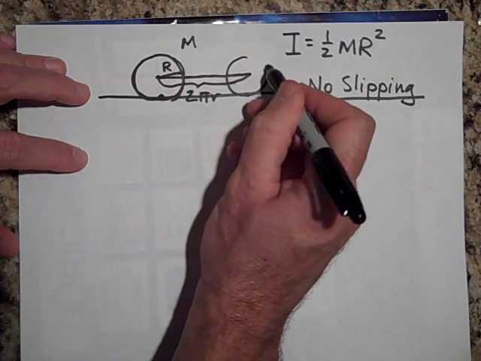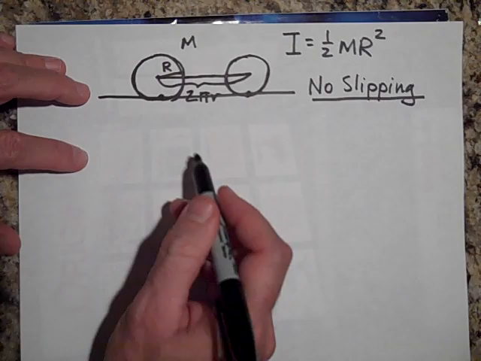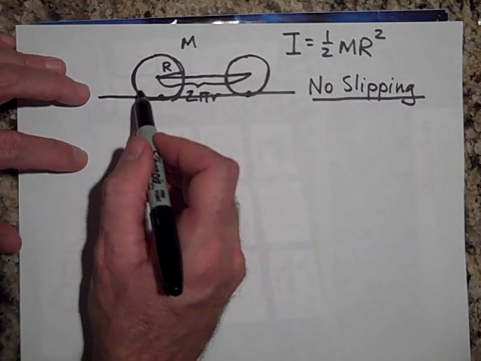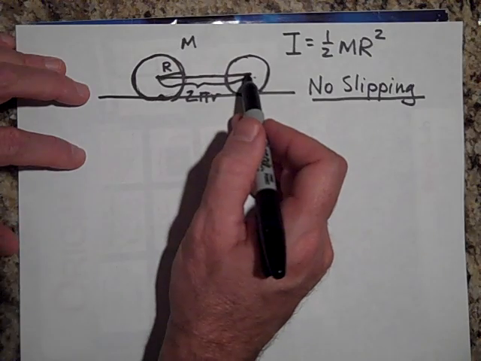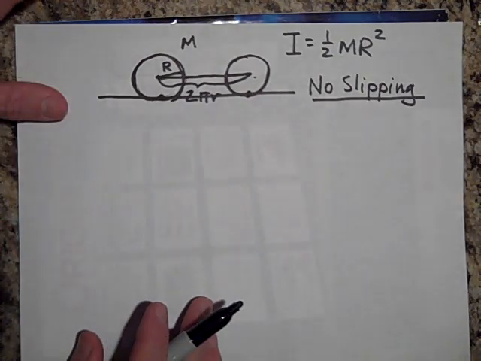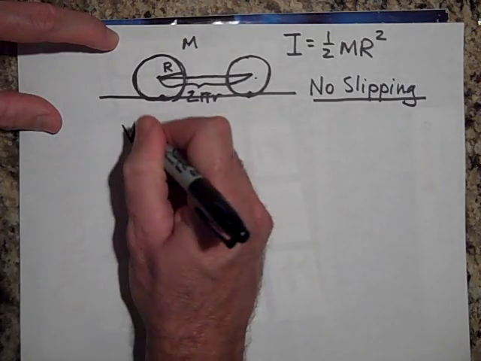So here we are, it's advanced one circumference of the tire. So the time it takes to go one time around, this will have advanced 2 pi r if there's no slipping. And so here's the thing,